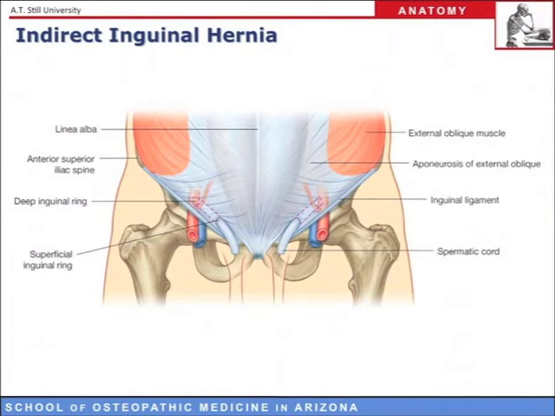And if we start internally, where a loop of bowel could get started, then it first would pass through this structure right here, which is called the deep inguinal ring. And the deep inguinal ring is a defect in the transversalis fascia. And if that loop of bowel continued through the inguinal canal, it could then exit through the superficial inguinal ring, which we see right here. And the superficial inguinal ring is made up of a medial crus here and a lateral crus here, and those two crura are held together by intercrural fibers right there.